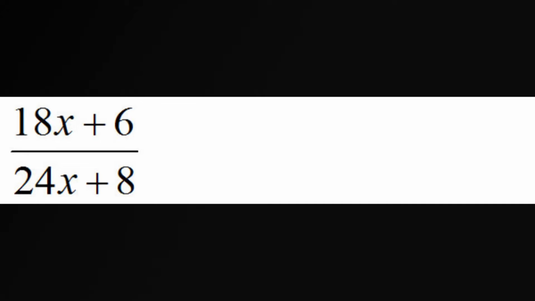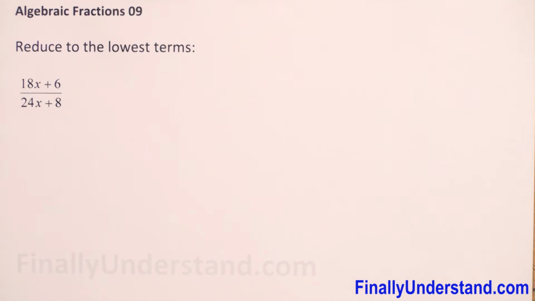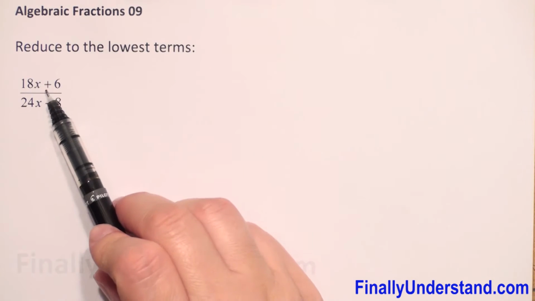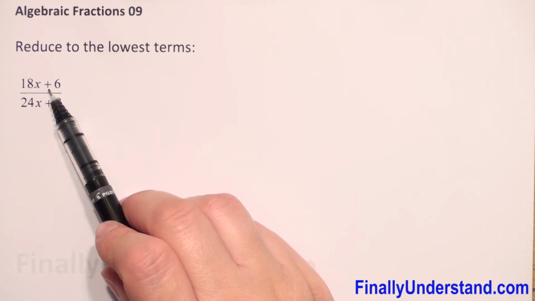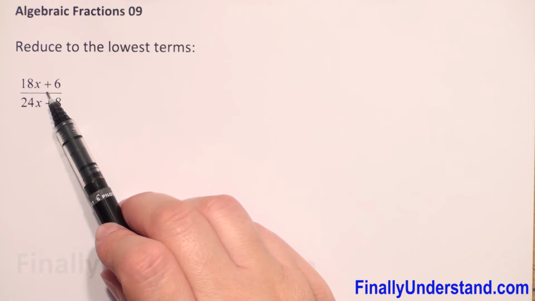We have a given algebraic fraction and we have to reduce this fraction to the lowest terms. We know that when we have a fraction, we can reduce only when we have multiplication. We have addition here. So first, we have to do factorization. We have